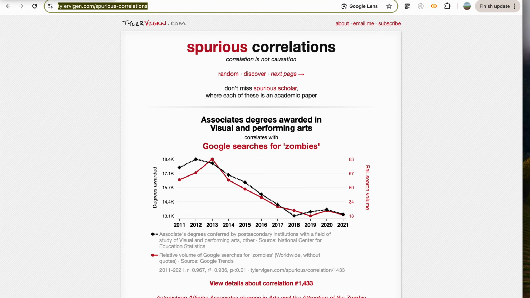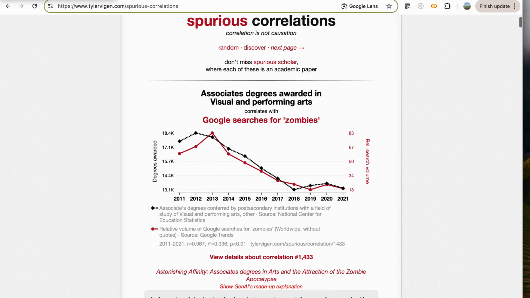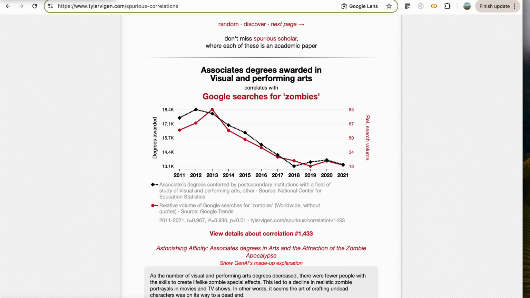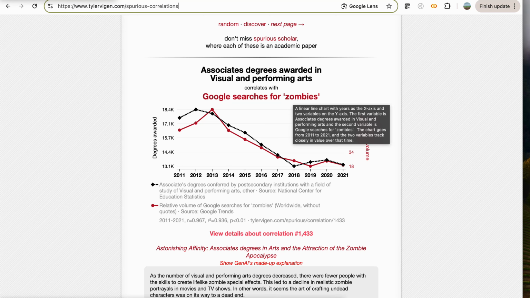And on a funnier note, there is this website you can look into. You can find correlation between two different features which are not even related to each other. At least we may not know the relationship, but it looks funny. For example, if you check the correlation of degrees awarded versus search volume on zombies,